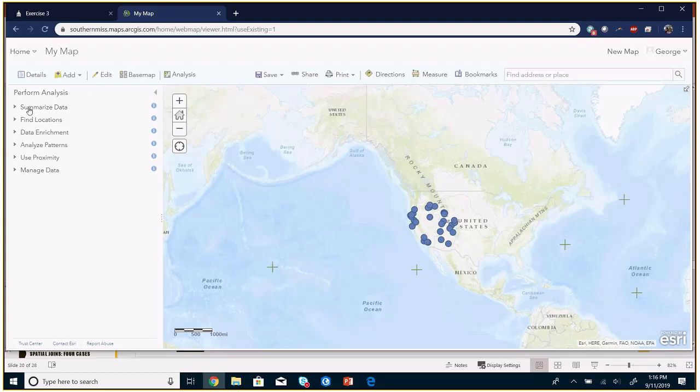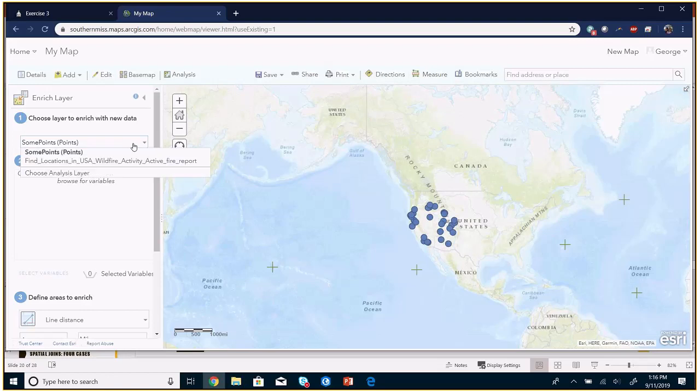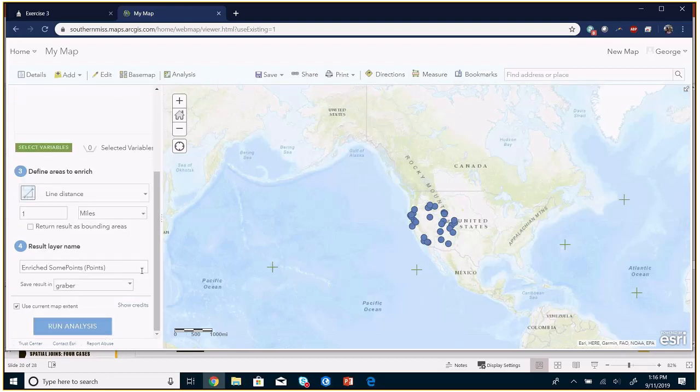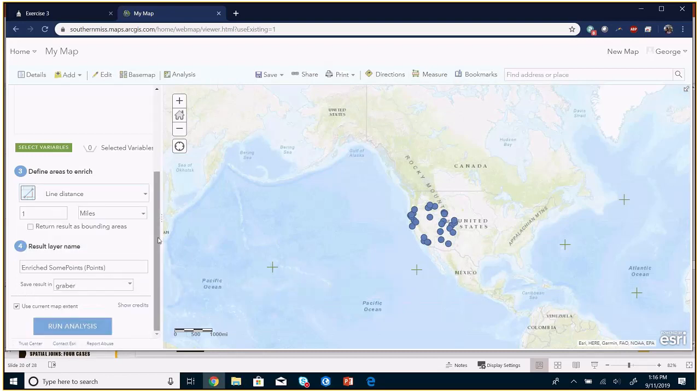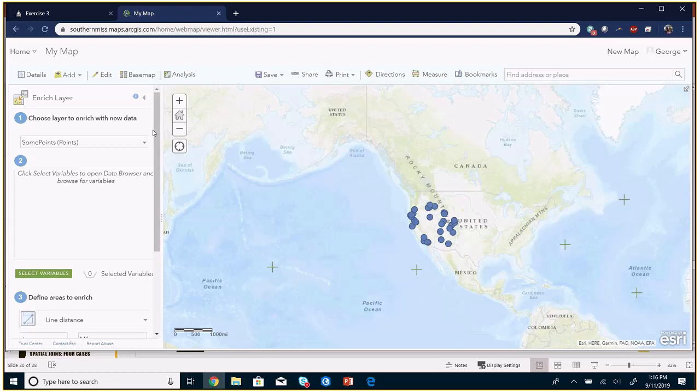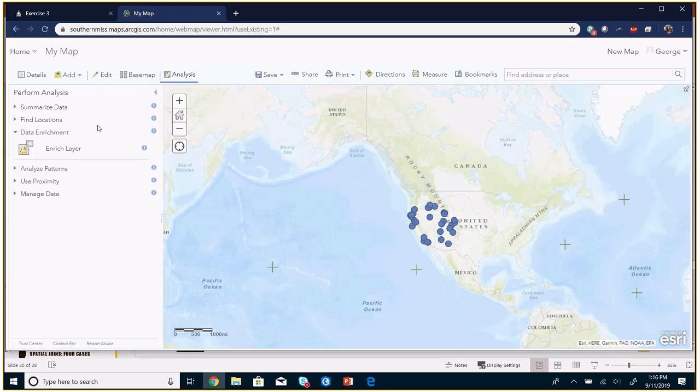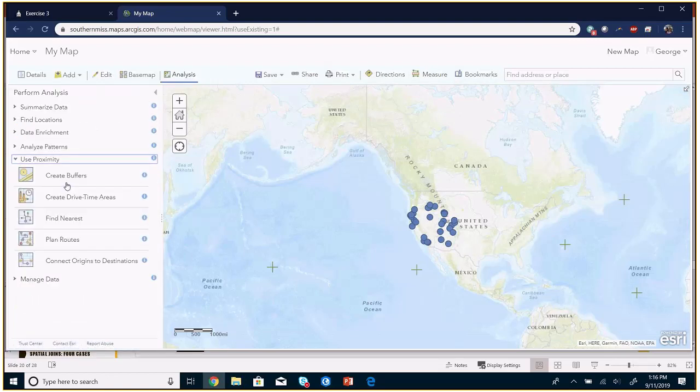And I can go to data enrichment, enrich layer. I'm going to enrich some points, and I can say how I want to. So none of these really make sense here with this particular data, but